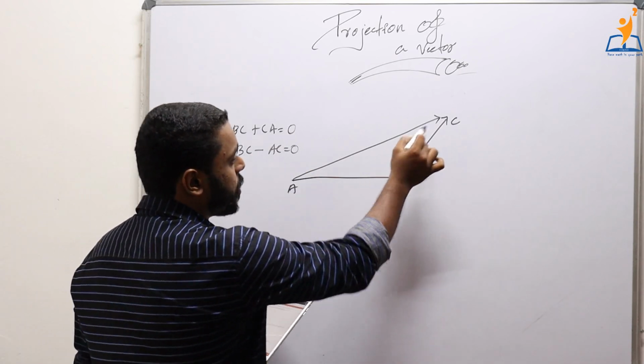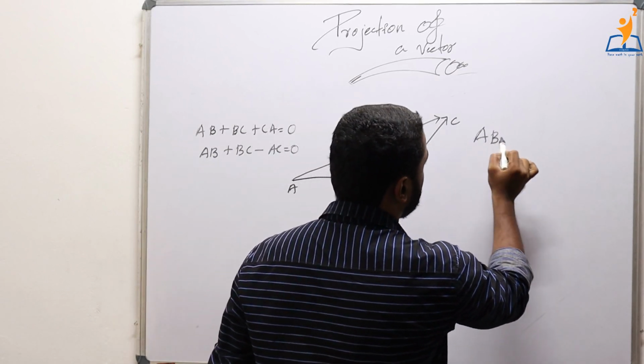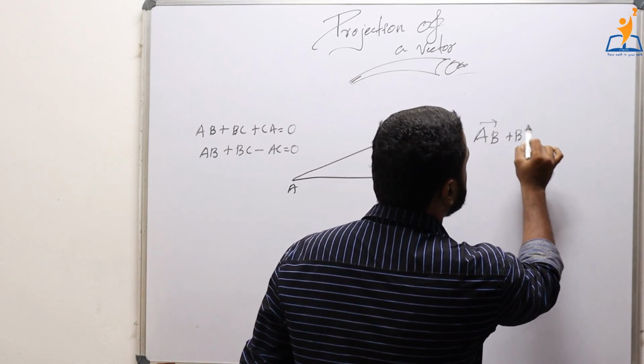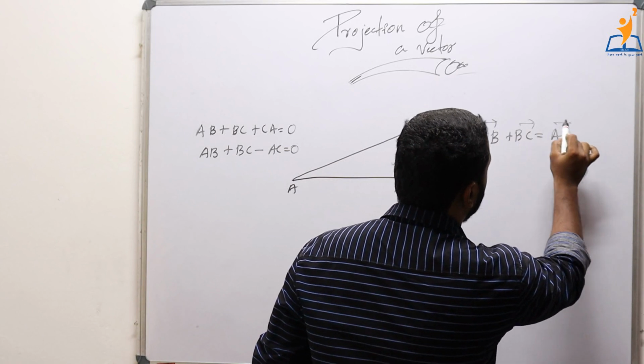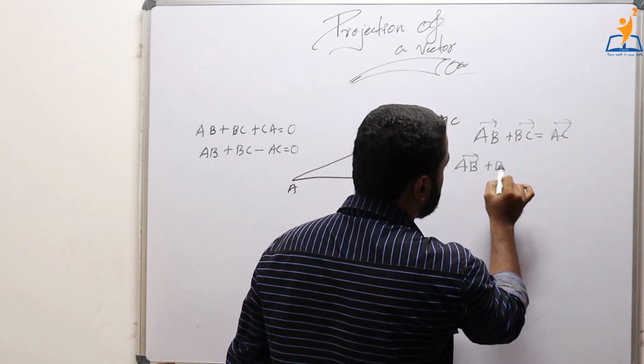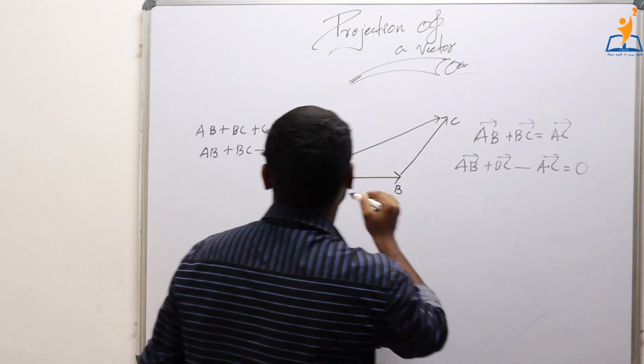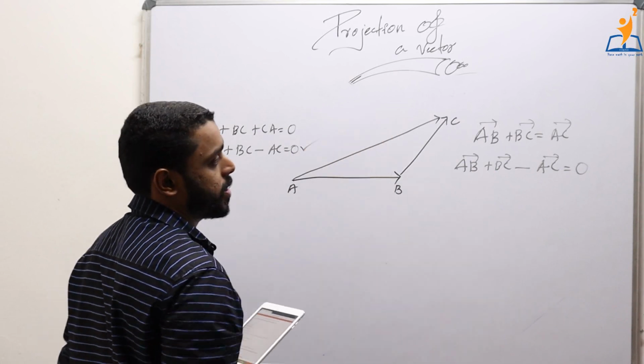Suppose this is a triangle, then we have AB plus BC is equal to AC by triangular law of vector addition. AB plus BC equal to AC, right? From this we can directly have AB plus BC minus AC equal to 0. So the second one is correct. Now